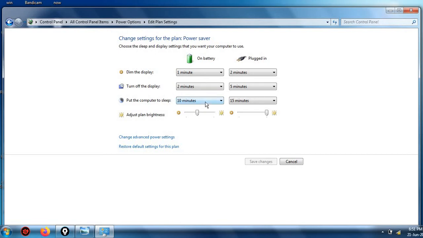If you do not do anything and leave it for 10 or 15 minutes, it will go to sleep mode, right? Turn off the display in 2 minutes or 5 minutes. It depends upon whether it is plugged in or on battery. Your laptop is working on battery or it is plugged in, right? So this timing we can change and fix. So this is sleep mode. Our power can be saved, power consumption can be reduced, right?